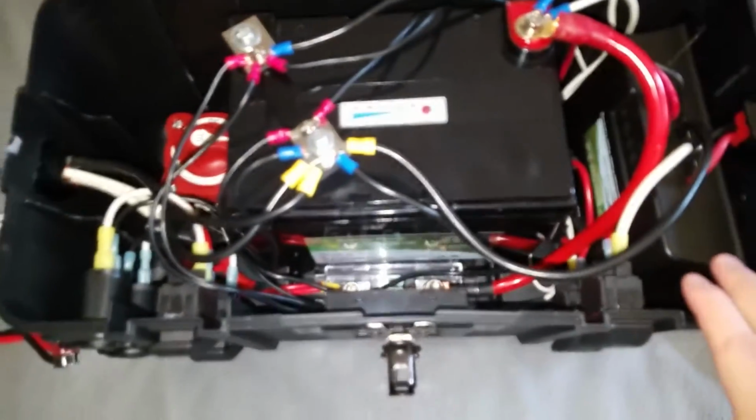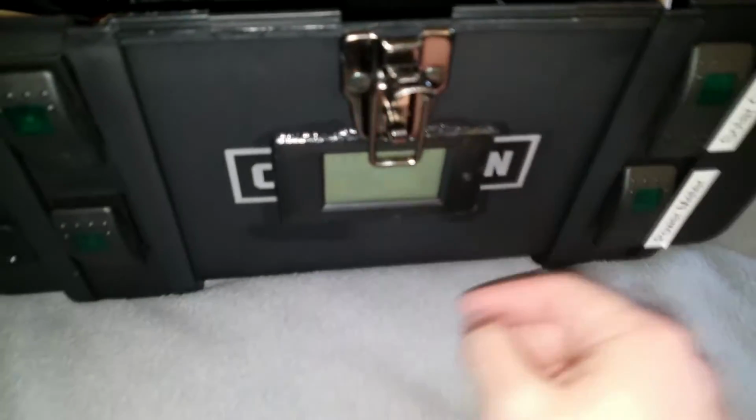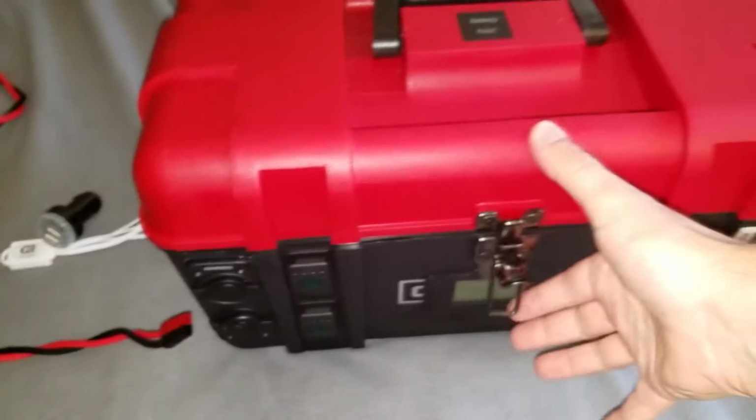I wanted it to be safe, and that's one of the reasons that I put all the silicone around here, was to try and keep water out of the sensitive electronics. And then on the back, so I'll go ahead and close it up here,